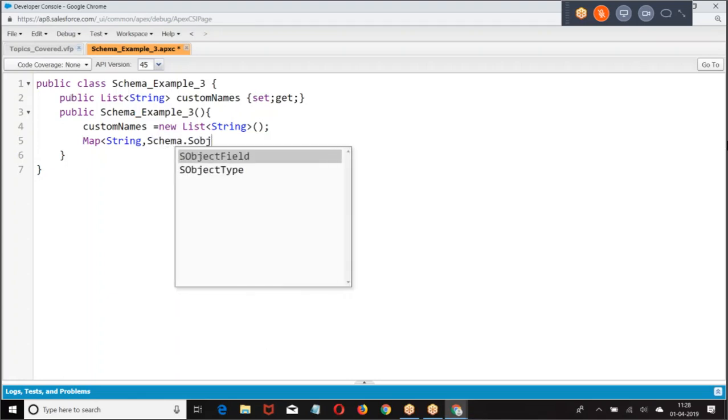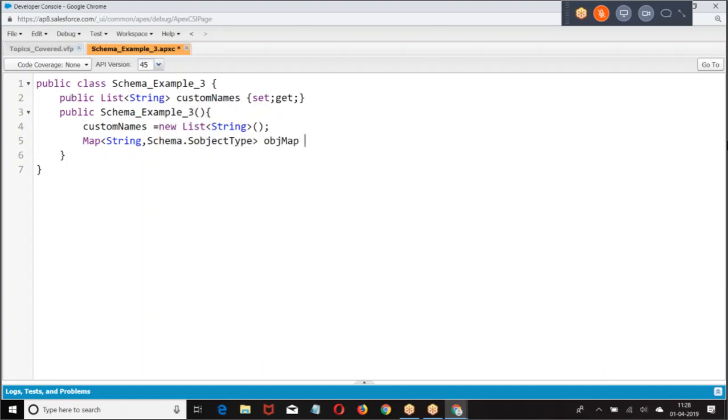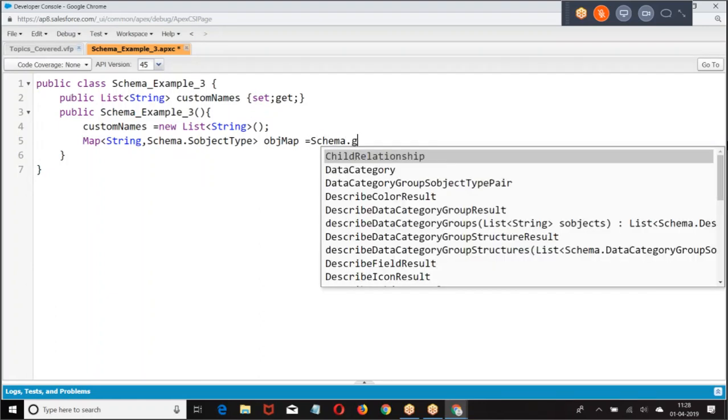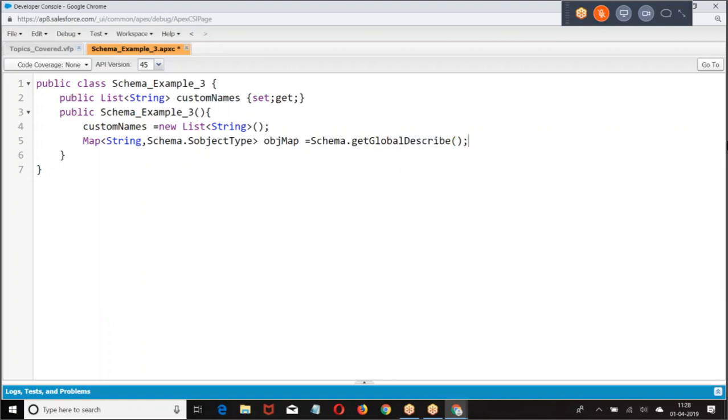Map equal to, how do you get all the objects? Schema.getGlobalDescribe. This will give you all the objects. But what you want is only custom objects. Then what I'm doing? Get all the objects.